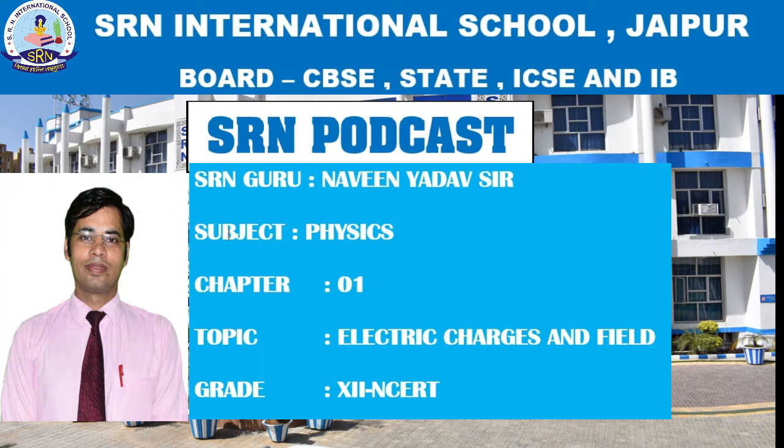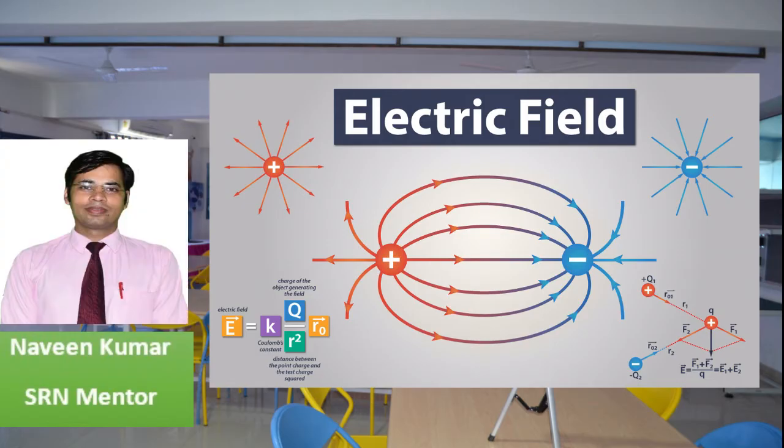Electric field is a vector field around a charged object, such as charge Q. It consists of a distribution of vectors, one for each point in the region around the charged object. In principle, we can define the electric field at some point near a charged object, such as point P, as shown in the diagram. In the following way, we first place a positive charge q naught, called a test charge, at point P. We then measure the electrostatic force F that acts on the test charge.